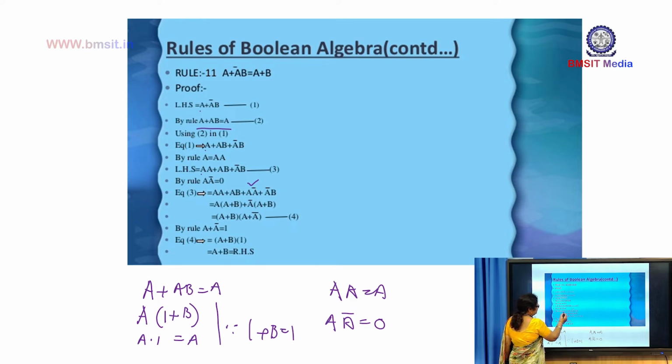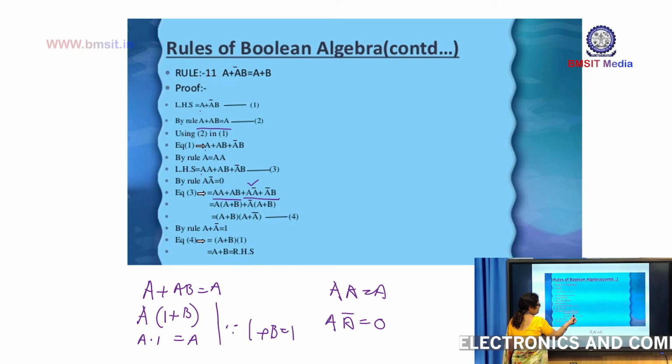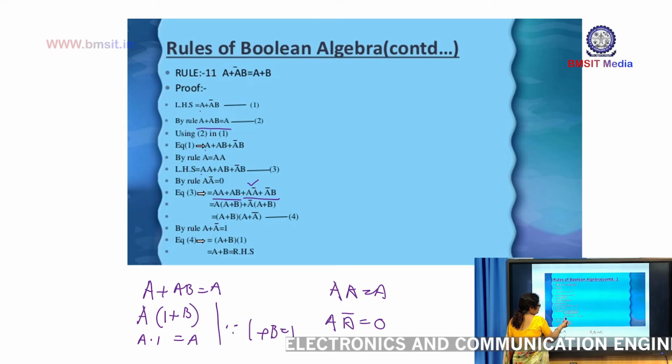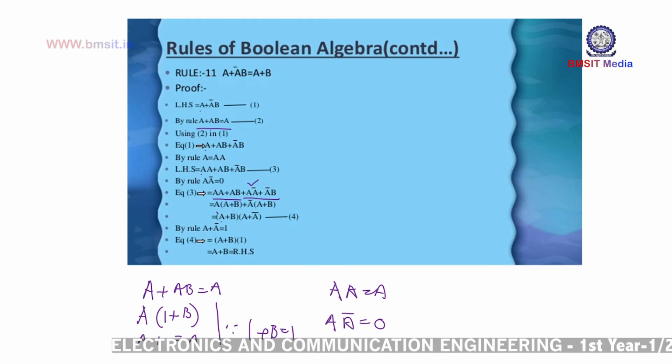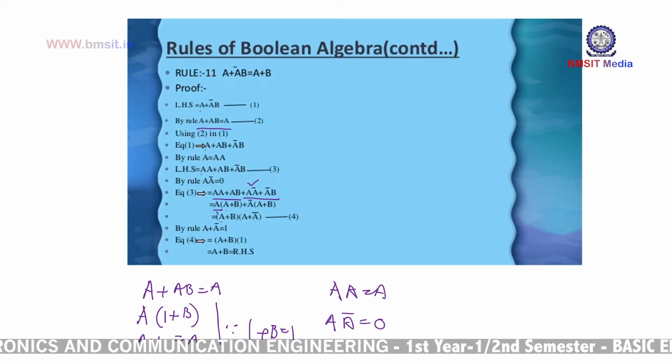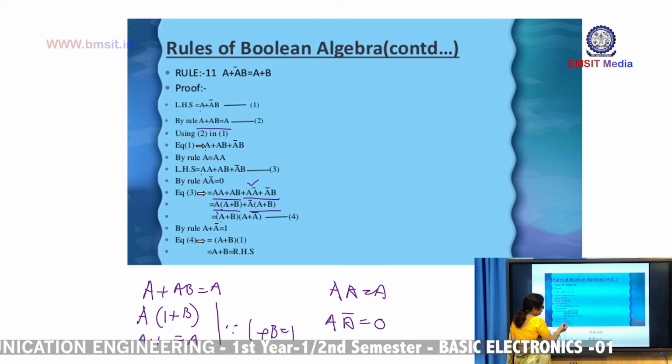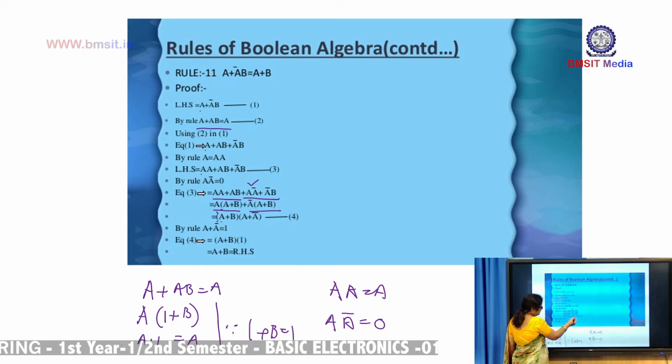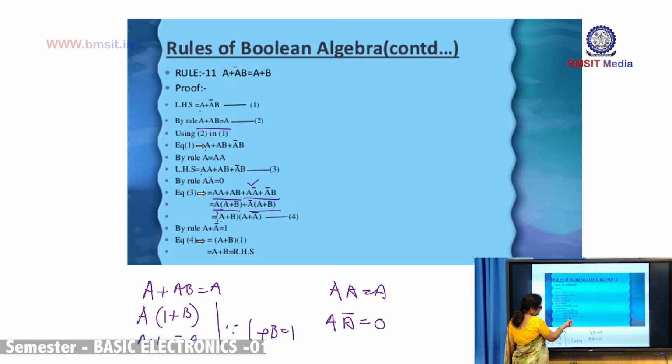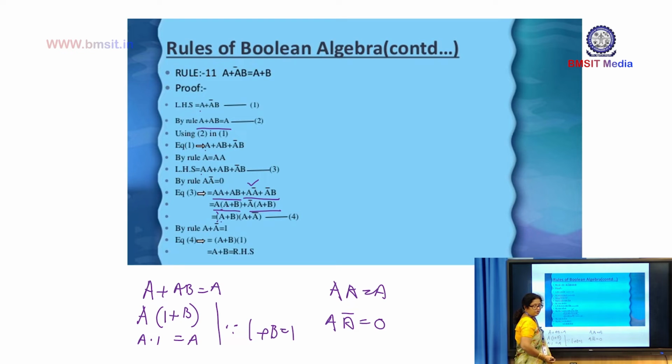So, now I will take common. In the first two terms I am taking a common, and inside bracket we are left with a plus b, and in the next two terms I am going to take a bar common. So, we are left with a plus b. Now in these two terms, a plus b is common. So I have taken a plus b common outside the bracket. So in the first term we are left with a, in the second term we are left with a bar. So we get the expression as a plus b into a plus a bar.